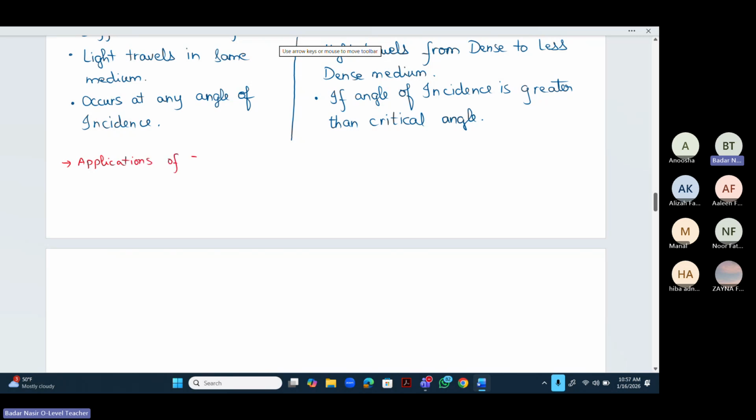Total internal reflection. Okay, so first of all, let's just